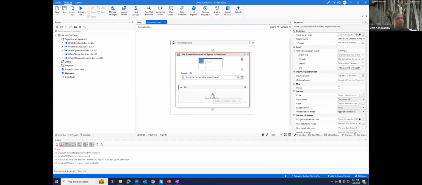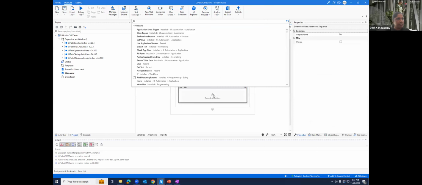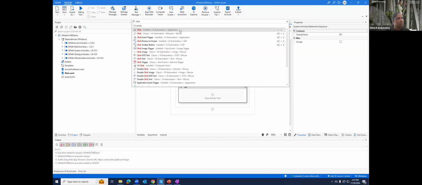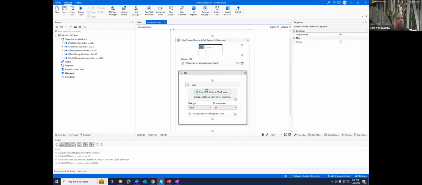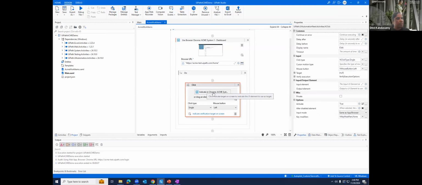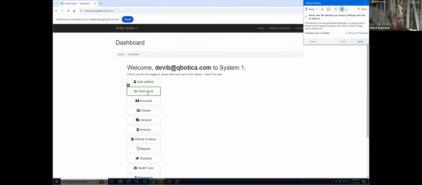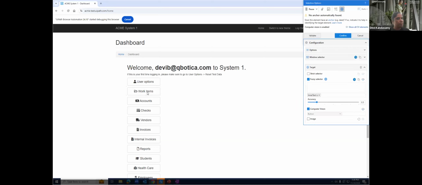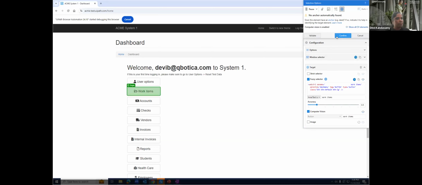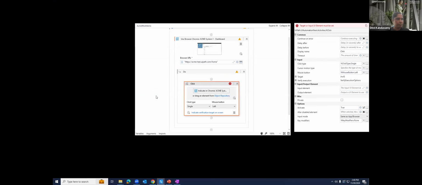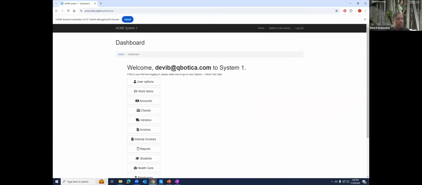Now we have this page and we are going to add a click activity to click on the work item menu, and confirm the selector. And once it is clicked,